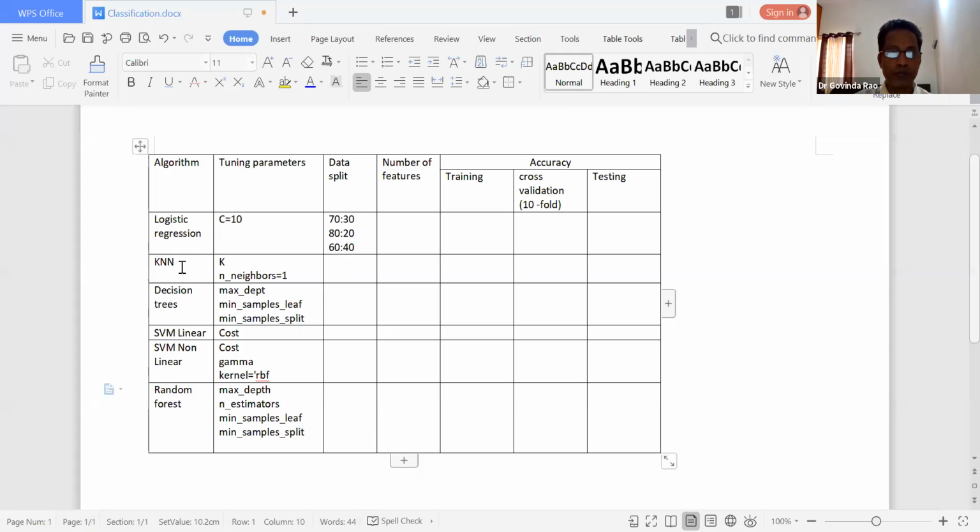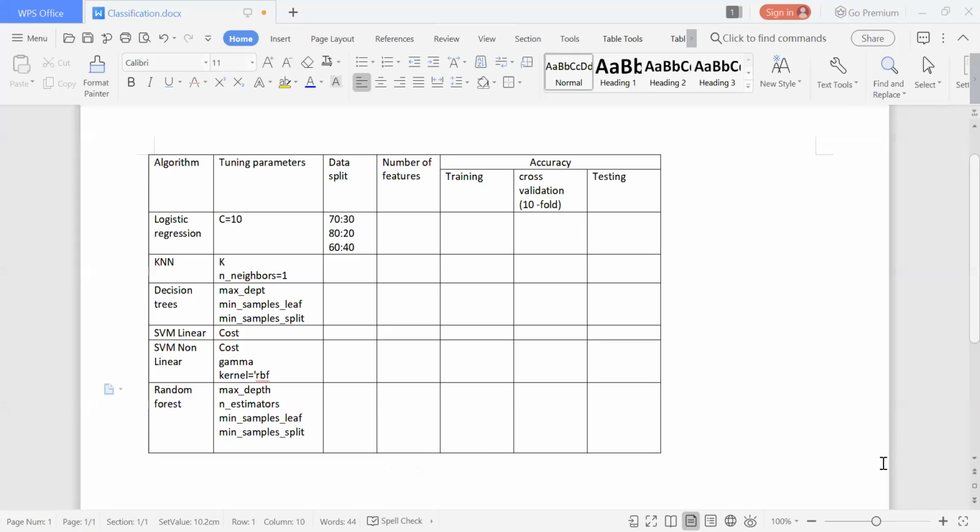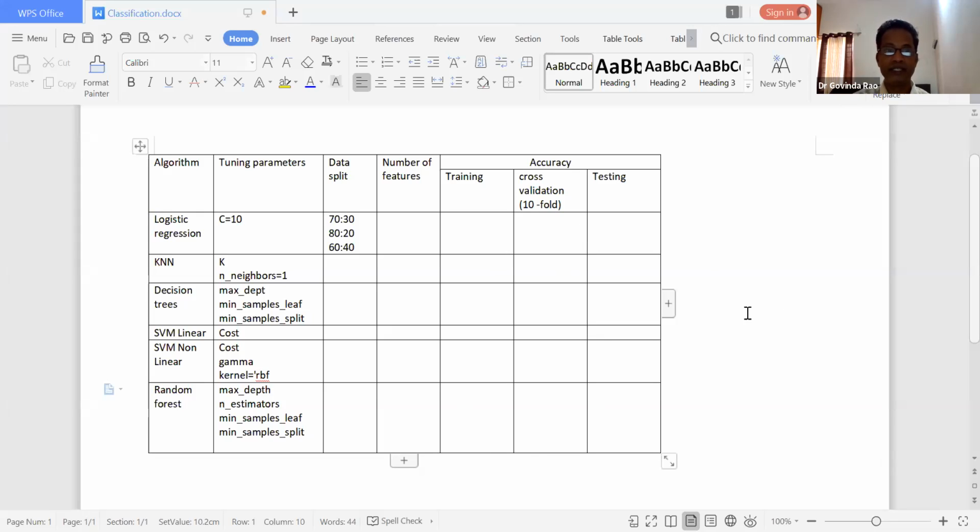Okay, so that depends on your computation and timing, etc. Finally, we could come up with all 6 classification algorithms, so we can see the trade-off among all algorithms. In training accuracy, in cross-validation and testing, we can see whether our model is overfitting or not. You got my point, Charan? So got it, sir. Okay. Thank you, sir. Got it. Yeah. Good.